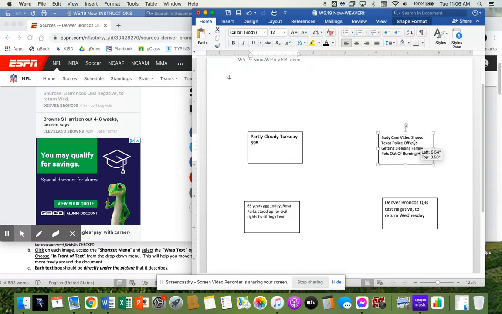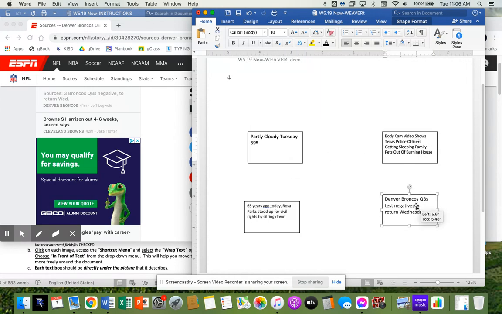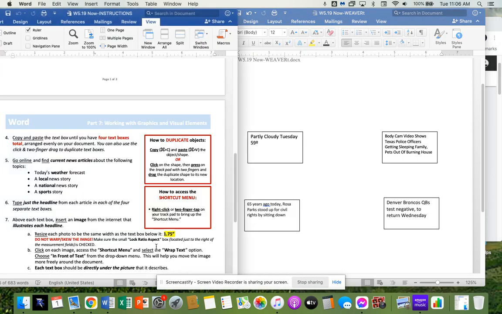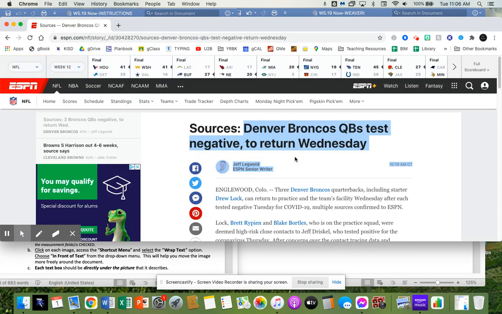my 4 stories. So then to keep you from having to do that again, let's go ahead and hit Command S to save. And then we're going to go back in and figure out the pictures that we need for this. So do we have stories? Denver Broncos. So that's really easy. We can just do